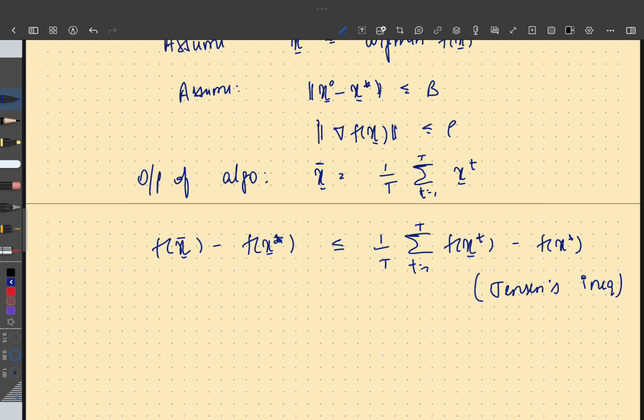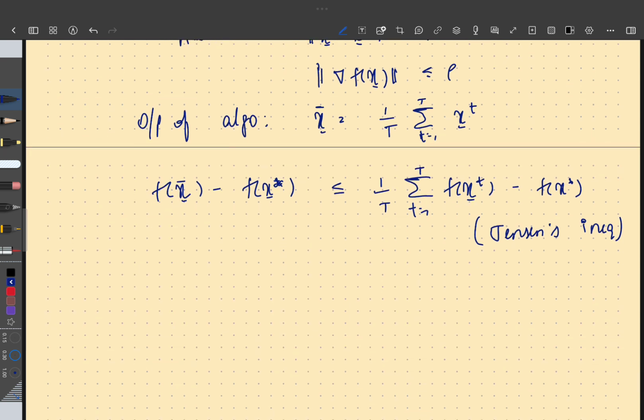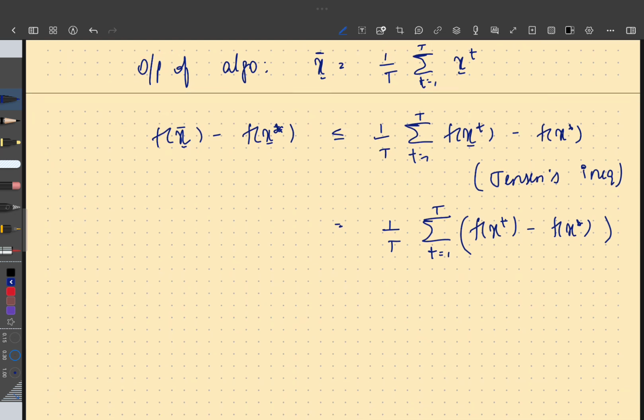This just uses Jensen's inequality, right? So this is 1 by T summation t equal to 1 to capital T, f of x_t minus f of x star, and using the first order property of convex functions, remember that